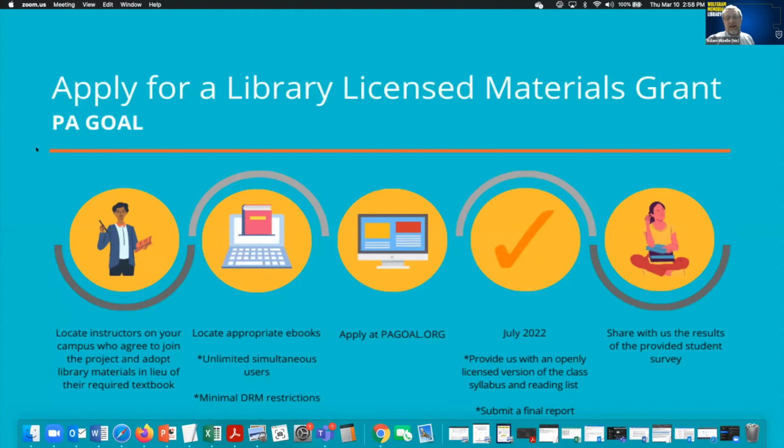The library is going to be submitting a grant April 1st to get reimbursed for unlimited user non-DRM ebooks that replace materials for existing courses. So it's not just textbooks.